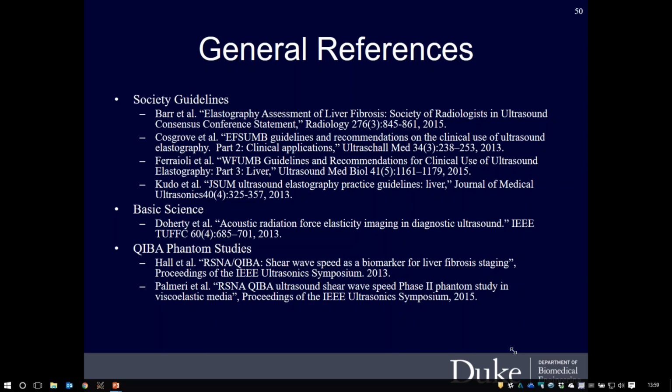That doesn't necessarily mean that one or the other is quote-unquote better, except for the fact that there is not a linear relationship between kPa and meters per second. So the quadratic dependence of the speed can actually expand the dynamic range of the measurements related to fibrosis relative to the stiffness, and that was by some seen as an advantageous metric.